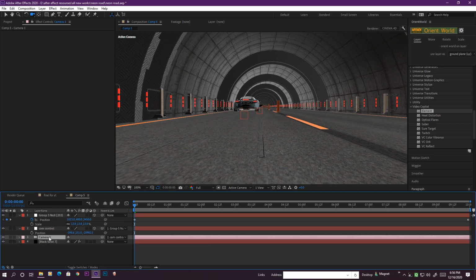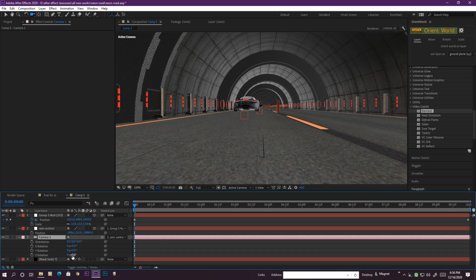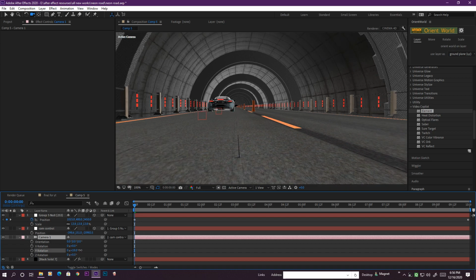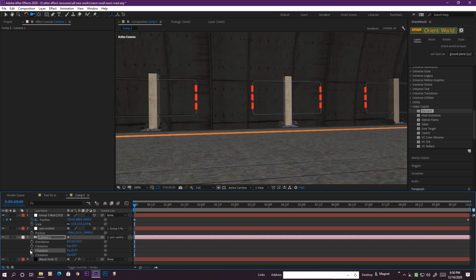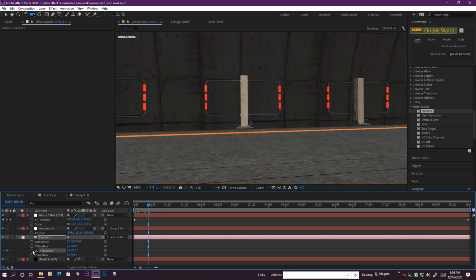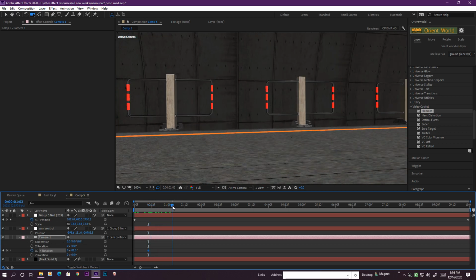Go to the camera option and press R to bring the camera rotation. Change the Y camera rotation here like this, and place a keyframe here and go further frame